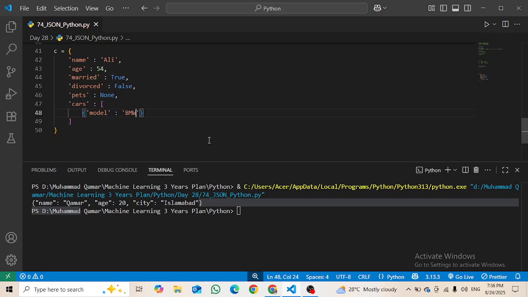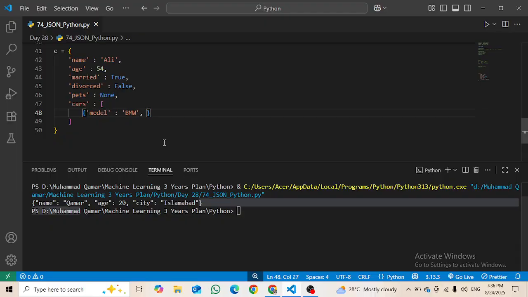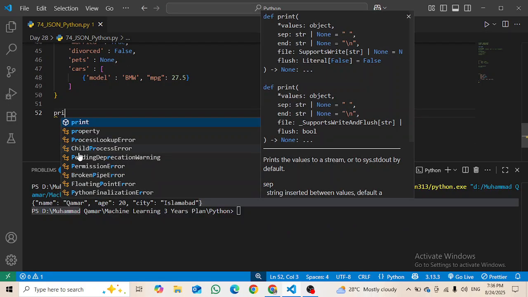BMW. And then we have the MPG. I don't know what it is, so just copy it and paste it there. All right, then comma, let's say this is the data we have, then convert it into